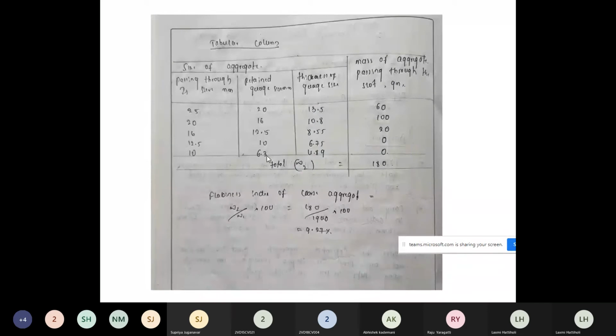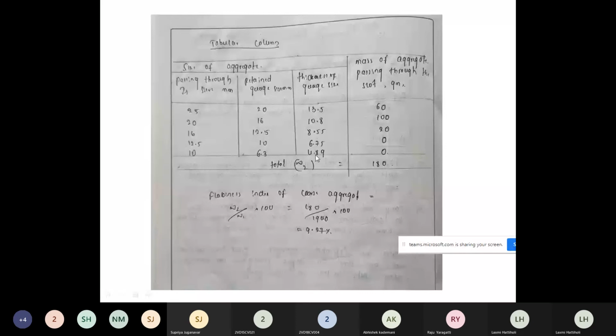Because whatever aggregates I have collected from the sample, that sample is of 25 mm down size. When you know that the aggregate heap is 25 mm down size, writing all the other above values, 63, 31.5, is of no use. Anyway, you are getting 0. So either you can write it as 0, or you can simply skip. No issues at all. Since my aggregates were 25 mm down size, I started from 25 mm down, 25 to 20, 20 to 16, and so on.